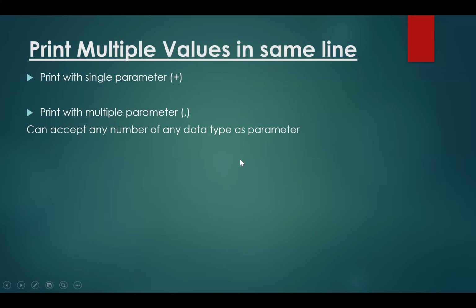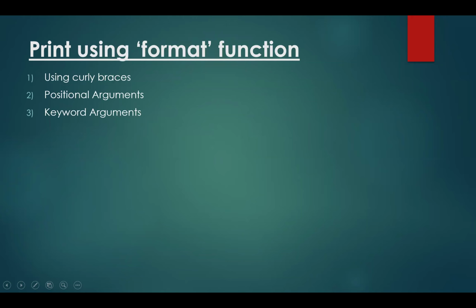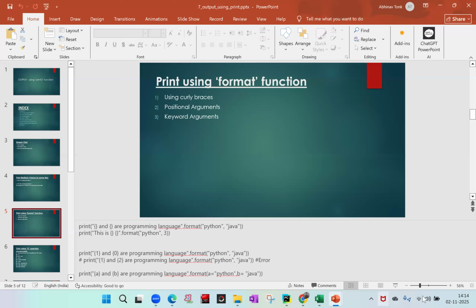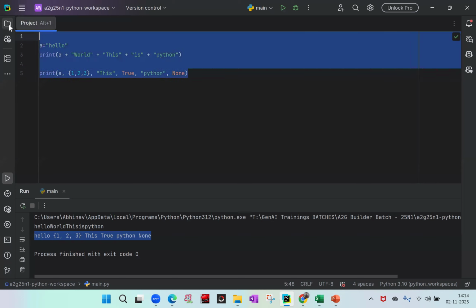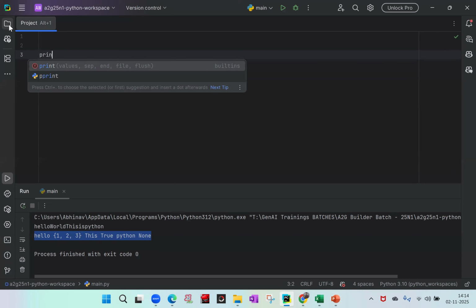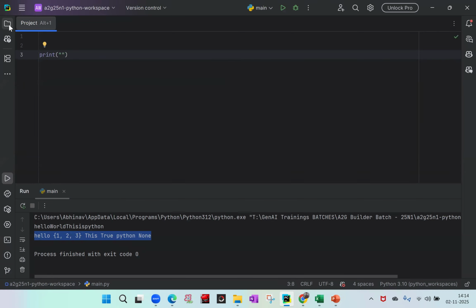Now, next thing is, we will see how do we print using a format function. So format function can be used in three ways. It can be used using curly braces, it can be used using positional arguments, and it can be used using keyword arguments. So let's see one by one. Let me remove this. So how format function works is, let's say I'm writing down,